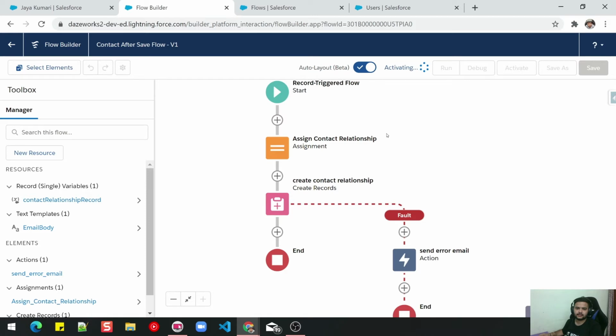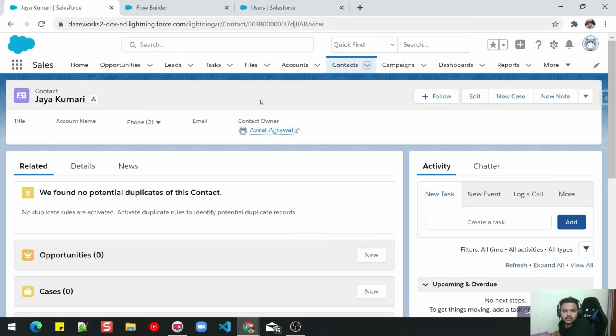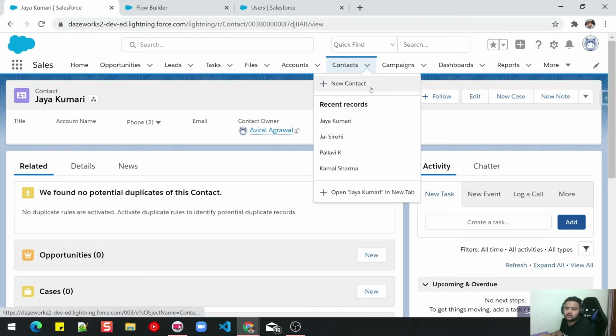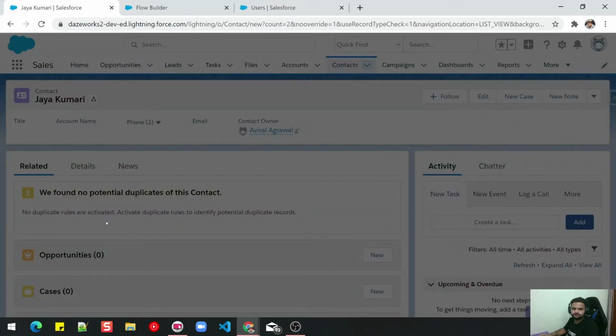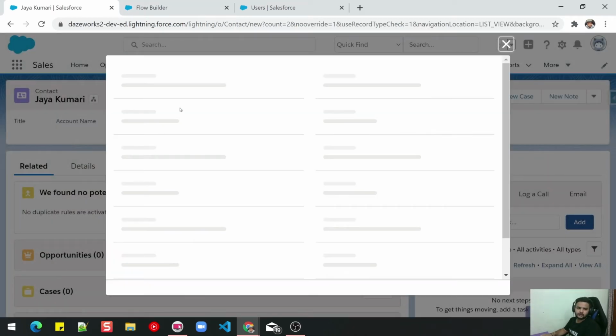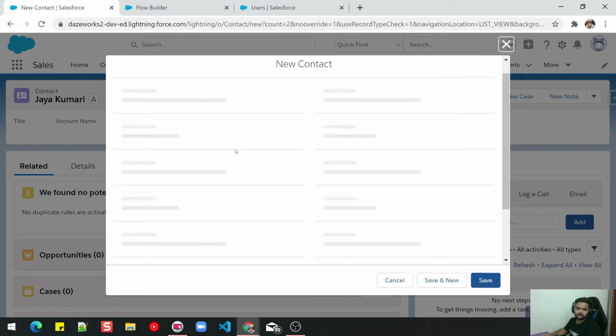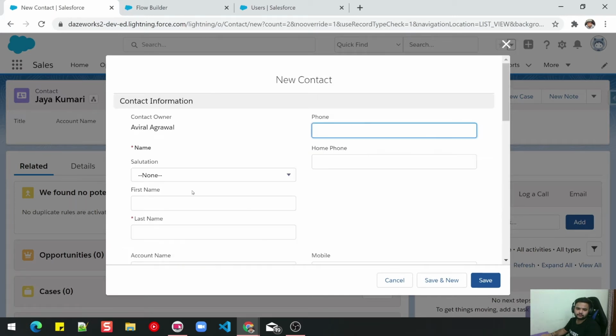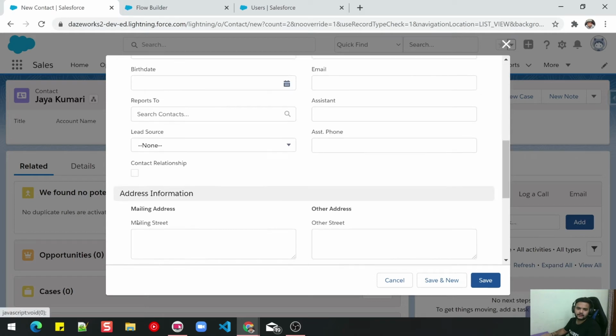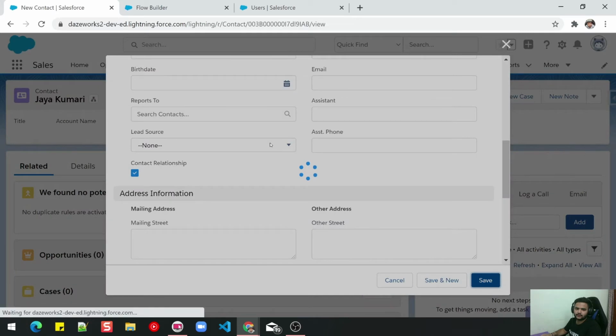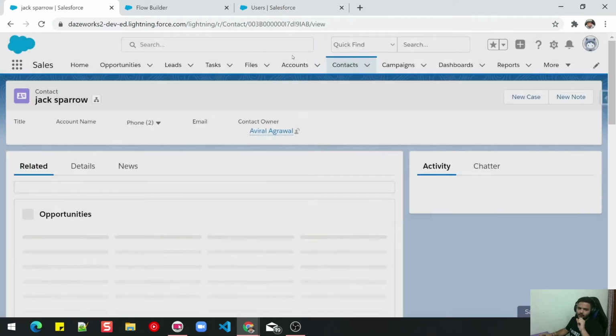Let's activate this. So let's see how the output looks like. So let's create a new contact, and I'll give it some name, let's say Jack Sparrow. And this is the checkbox that I was talking about. If I mark it true and I hit save, then it should run,